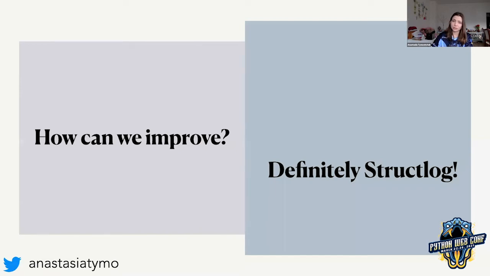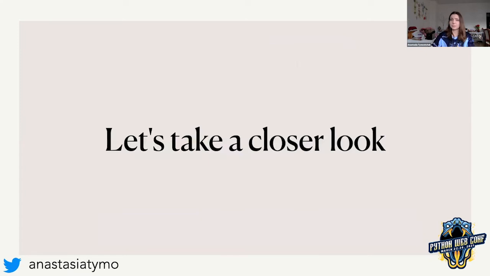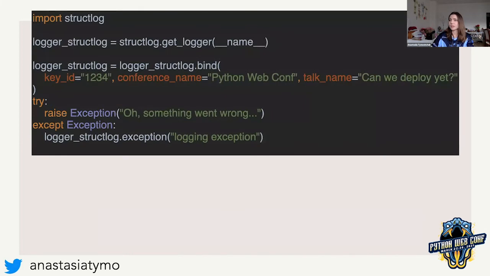So I would definitely recommend you to use structlog, but let's have a closer look at how we can improve the logging even further. This is an example of using structlog and adding some extra values into every log message entry. For example, we want to log a conference name, key ID, and the talk name in every log entry that we have. Of course, we don't want to copy-paste the code,